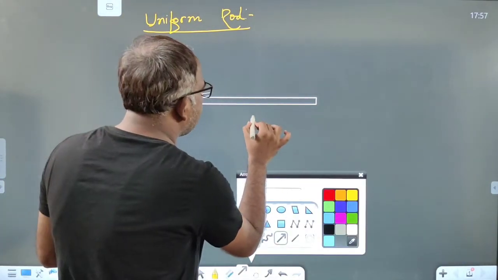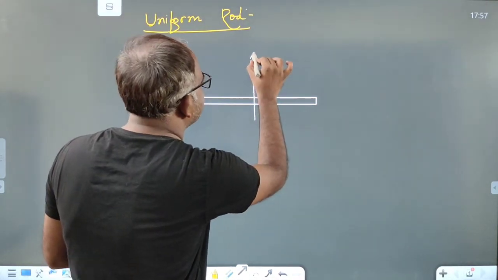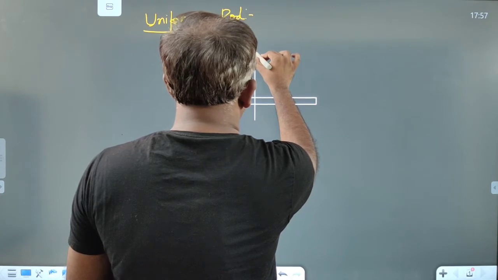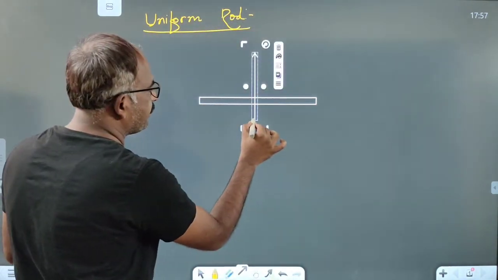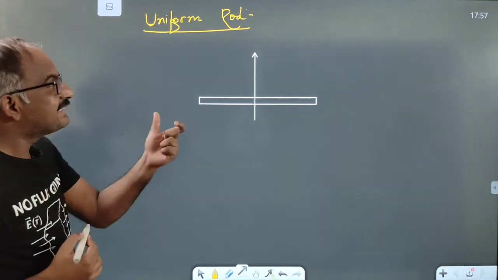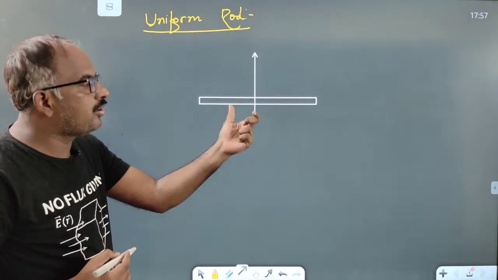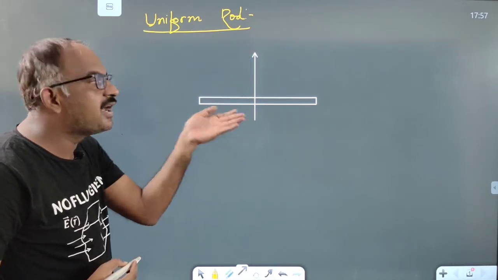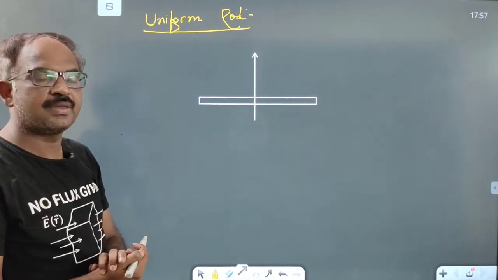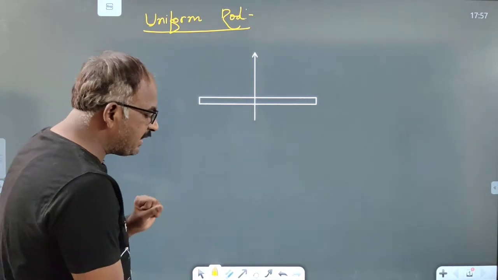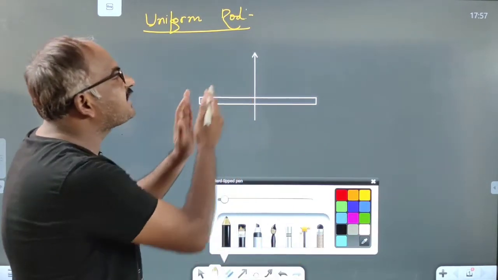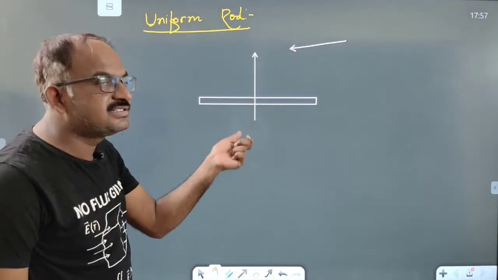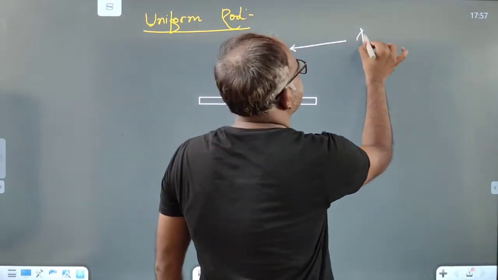This is an axis passing through its center. Now this thin and uniform rod is rotating about this axis which is passing through its center and perpendicular to its length. If I ask you to explain this axis, my answer will be: this is an axis